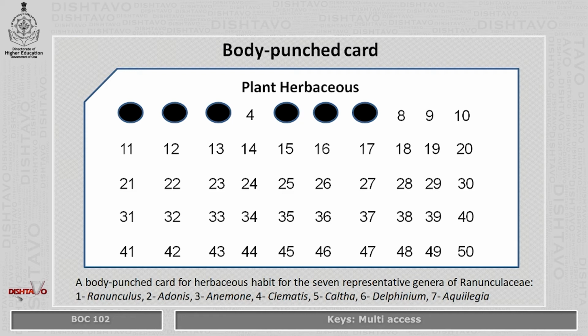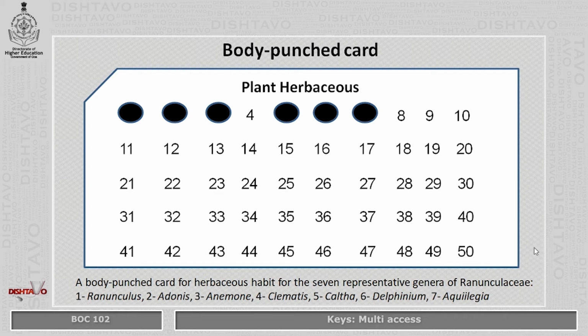In body punch card, one card is used for one attribute or one character, and the numbers which are printed on the card represent the genera. This image I have adapted from the plant taxonomy book by Gurucharan Singh, which I have mentioned in my references.